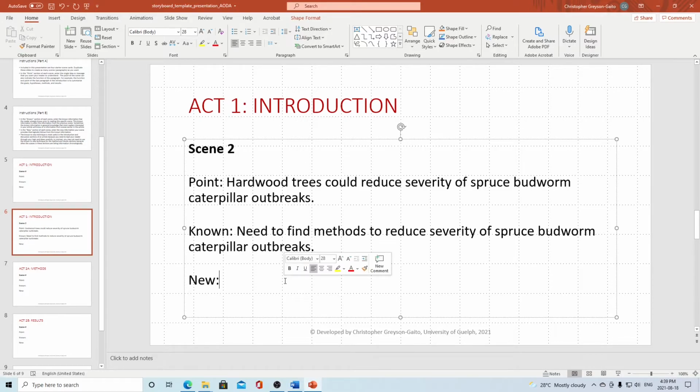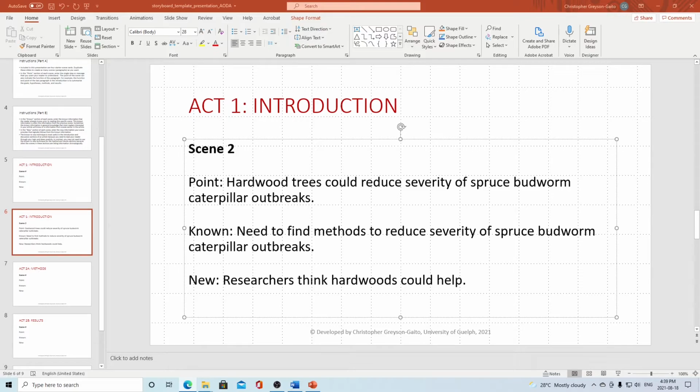My new information is that researchers think that hardwood trees could help reduce the severity of spruce budworm caterpillar outbreaks, because I plan to provide ideas and evidence in this scene to show research on hardwood trees and spruce budworm caterpillar outbreaks.